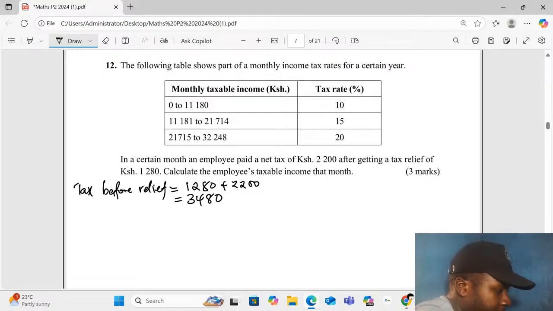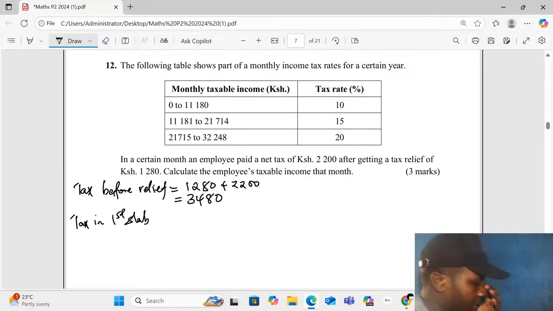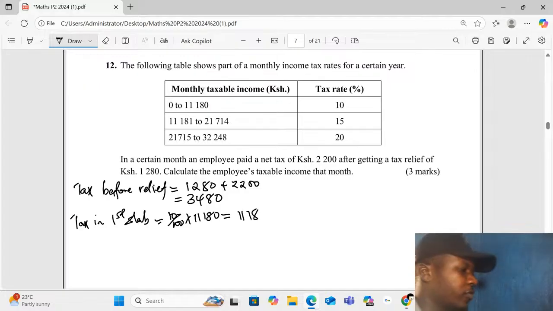So, tax in the first slab will be 10 over 100 times the difference, that is now 11,180, and you get 1118. Then you move to the second slab,